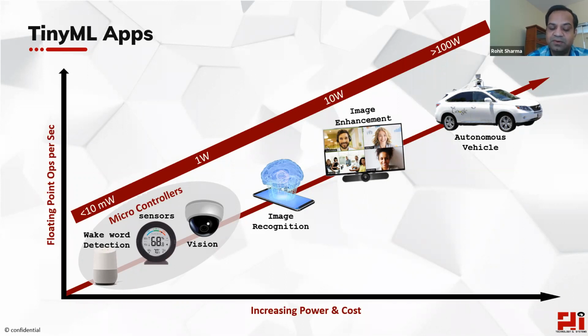It's hard for somebody to open the door, get in, and close the door within a second. So 1 frame or maybe 5 frames per second is good enough for that kind of application. So it depends on the application as to what kind of performance you want, and performance will drive your power number as well. And there are quite a few applications in vision, which is most power hungry, that can be brought onto these tiny microcontrollers.